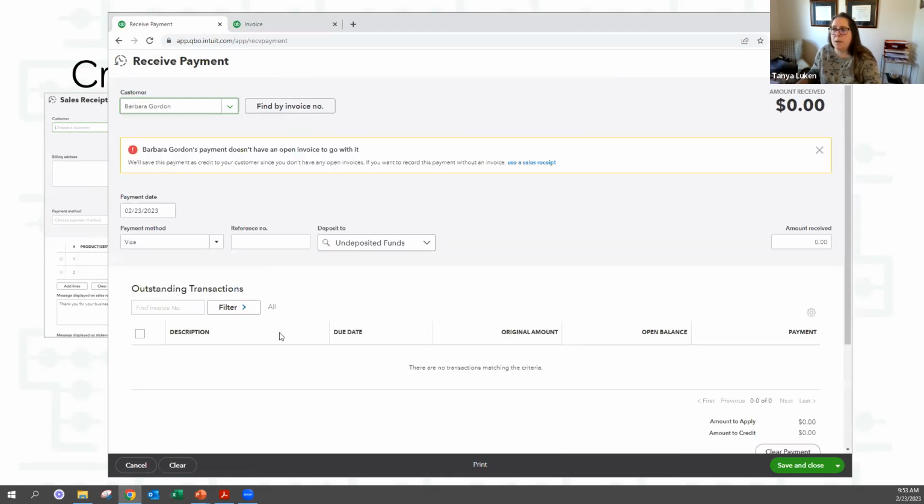It says we'll save this payment as a credit to your customer account because they don't have any open invoices. So you could make their accounts receivable account negative.